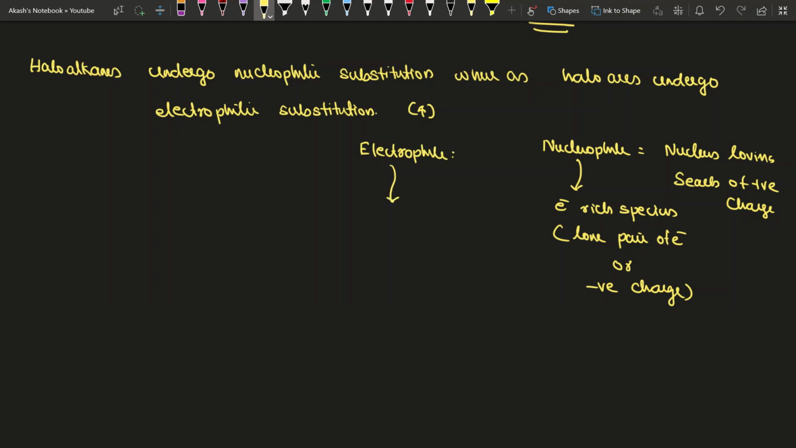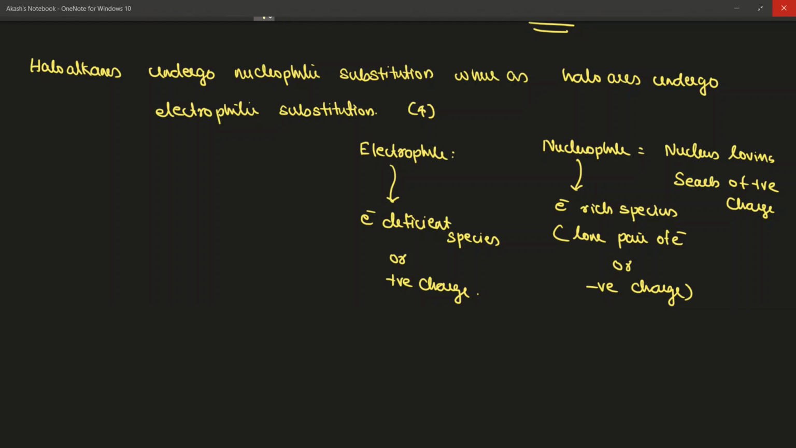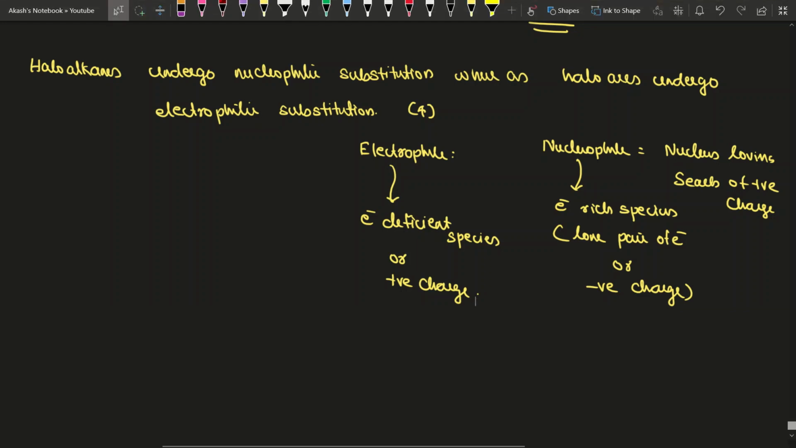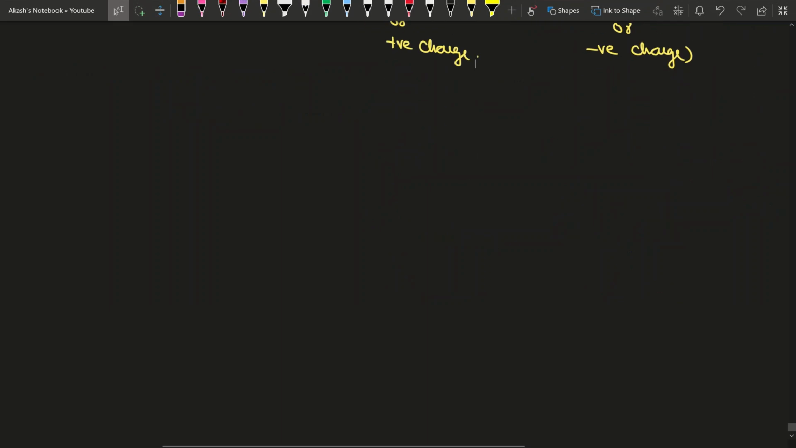Something that is electron loving is an electron deficient species, or a species with a positive charge. So the nucleophile will be attacking an electrophile, or the electrophile will be attacked by a nucleophile. The first thing we are going to think about is why haloalkanes undergo nucleophilic substitution. When you consider a haloalkane,